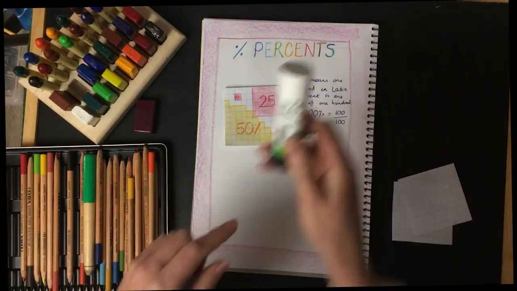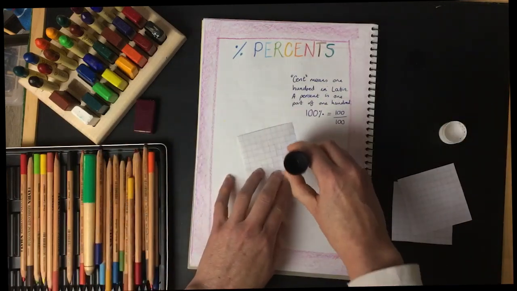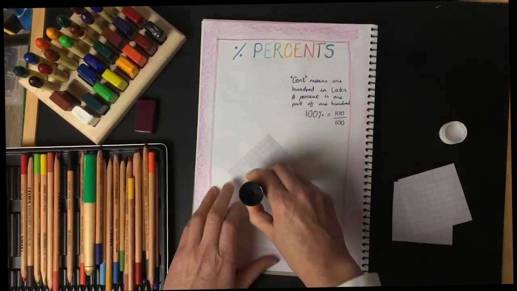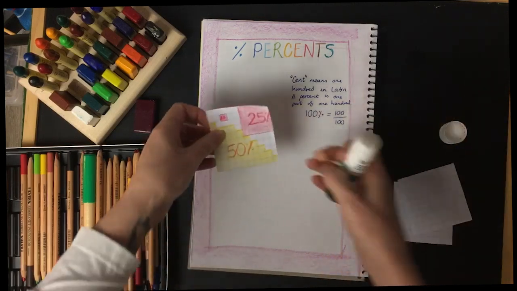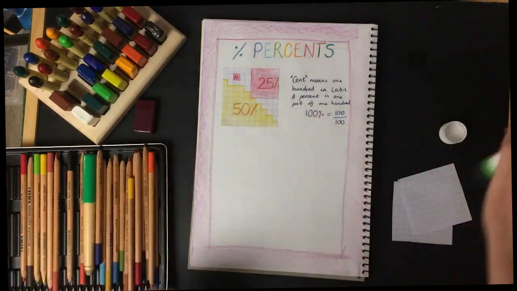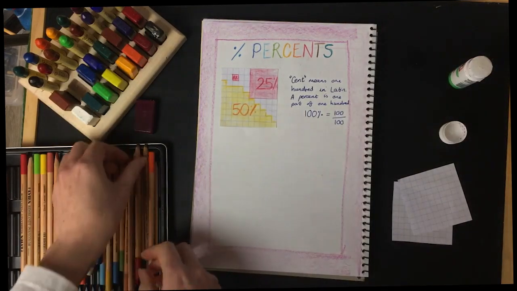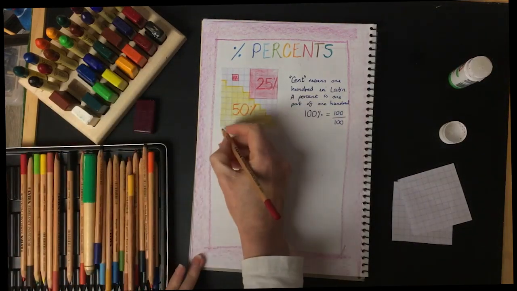Okay, now I've got my glue as well. I'm going to paste that into my book. There we go. And that looked good. And now I'm just going to write underneath here. I'm going to write in the red to match the red. I'm going to say